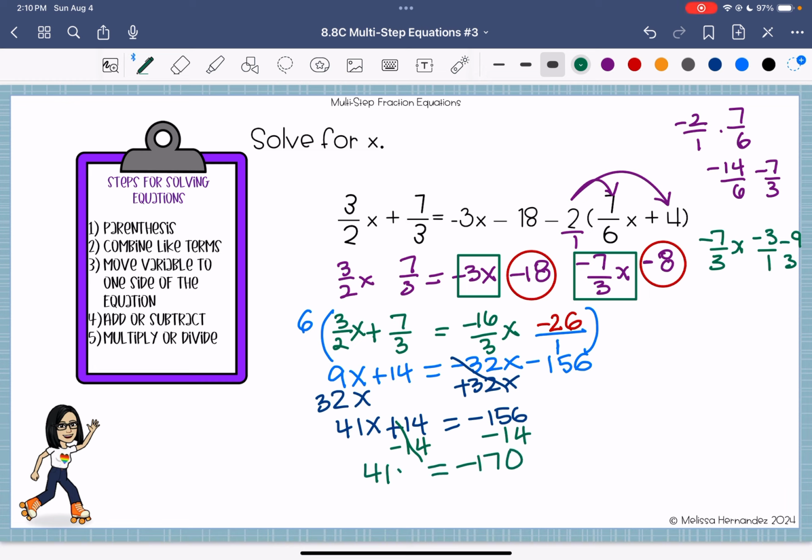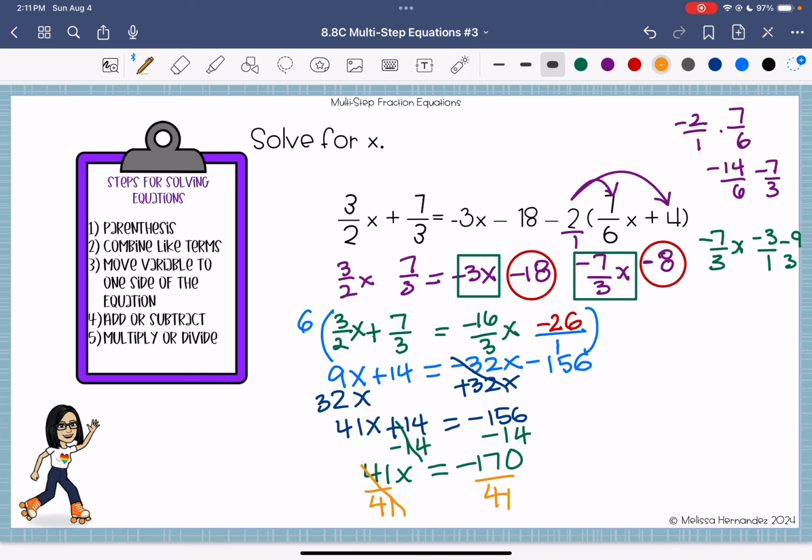And 41x, and so it says multiply or divide. Well, that's because I need to get rid of the 41, and so it's 41 times x. The inverse is divide, so I will divide both sides by 41. Okay,